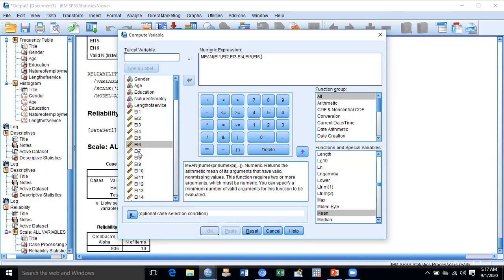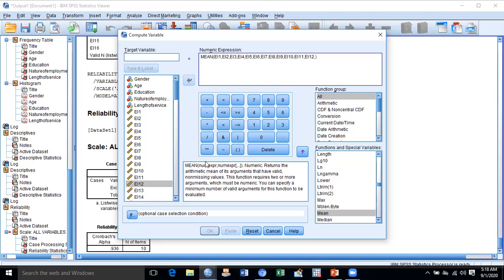Again comma, and emotional intelligence 7, again comma, and emotional intelligence 8, again comma, and 9, again comma, and 11. Again you can see comma and 12.